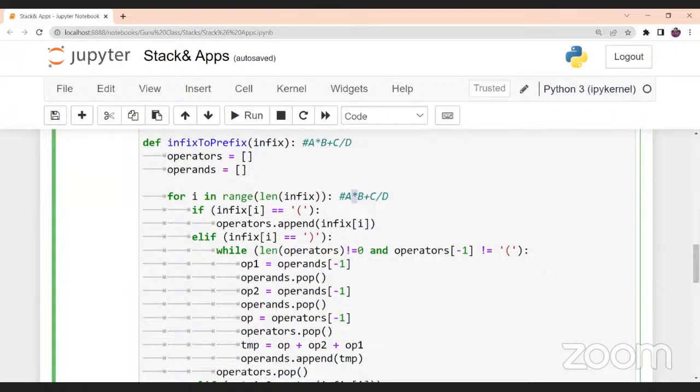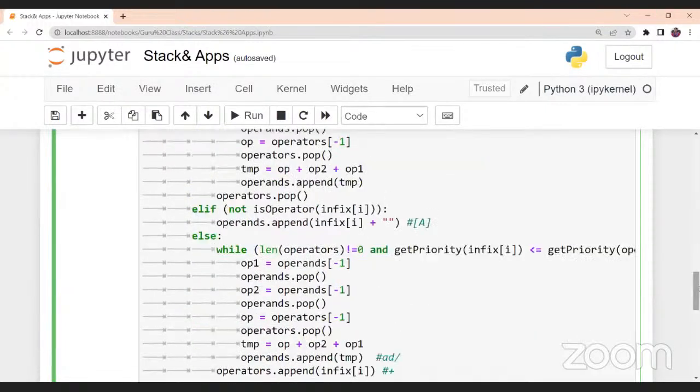So now it is an operator. Okay, so now A is done. The first loop of this particular for loop is done. So the second loop, right? So what is the second loop? A second value will be coming in, that will be assigned to the value of I, that is multiplication. Now it will check whether this is here or not. No, this will not come inside. This will also not come inside this thing. So it will come inside.